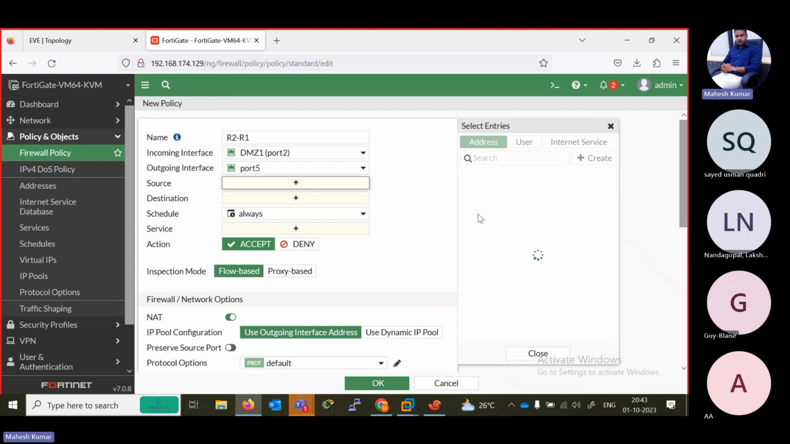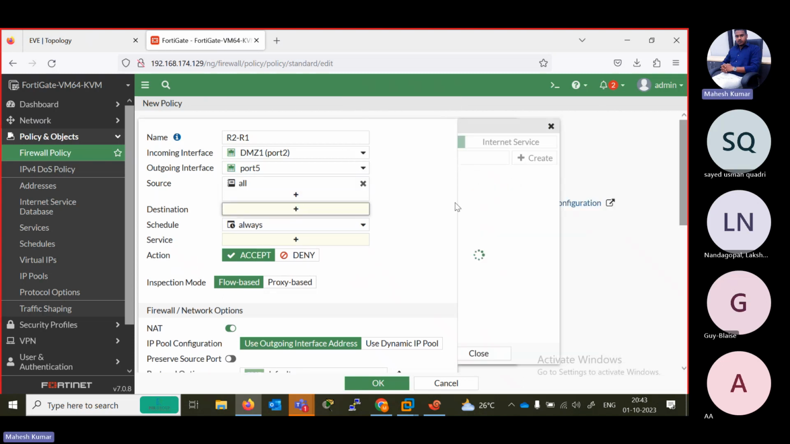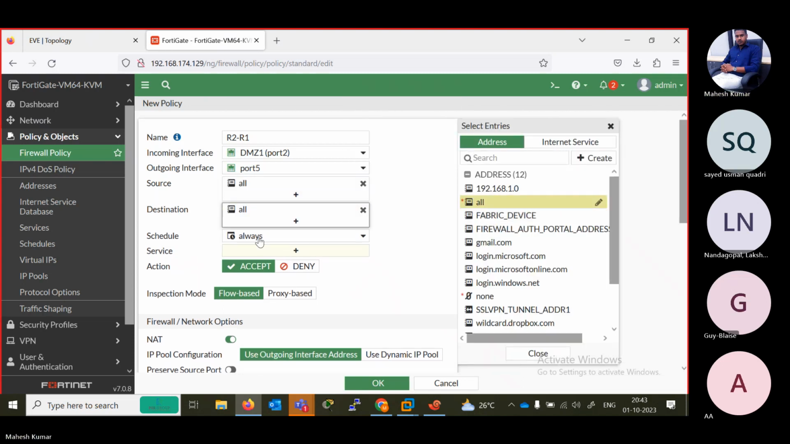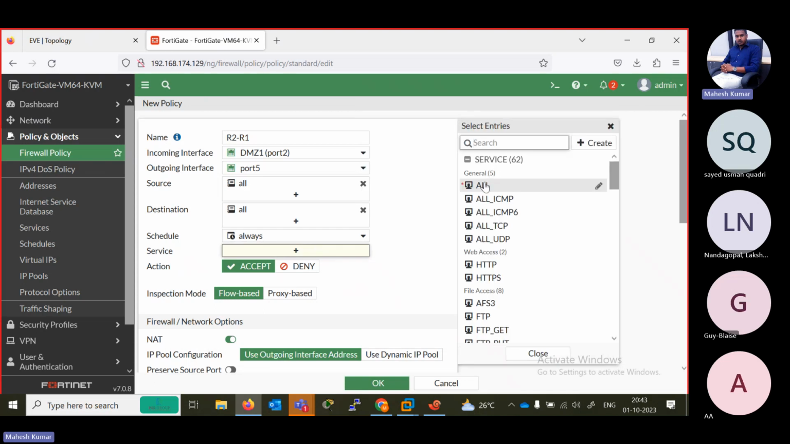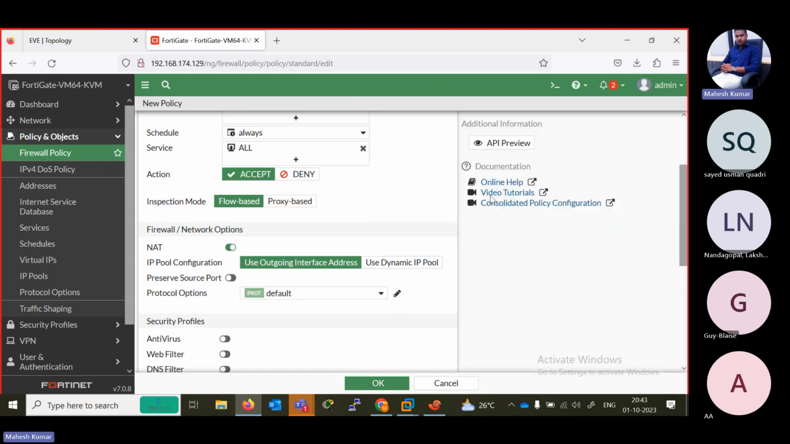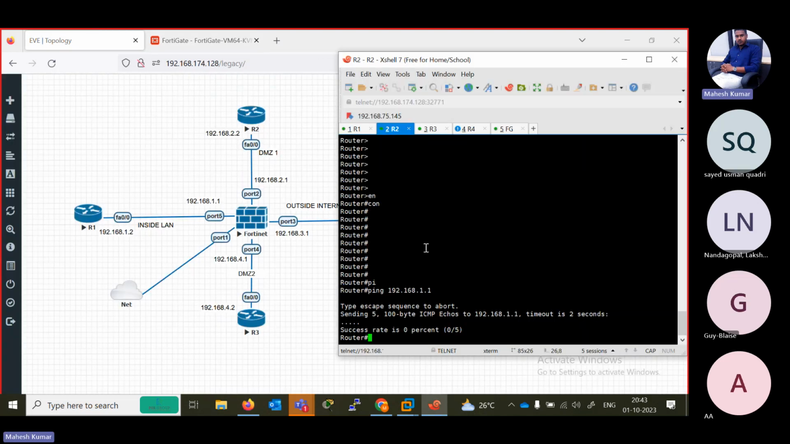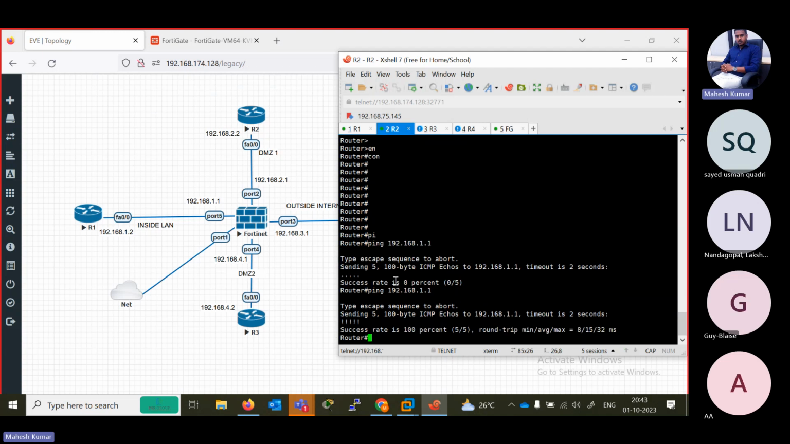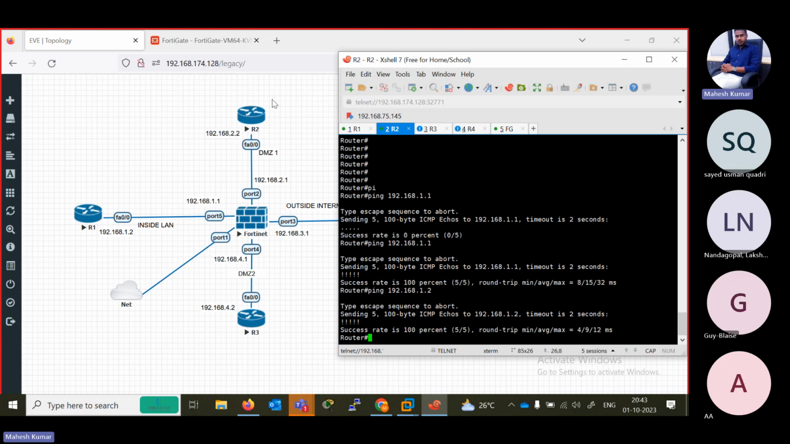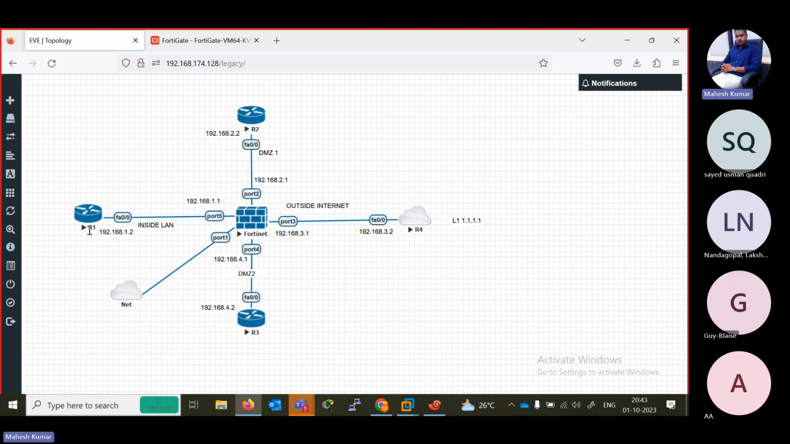Okay. Source will be all, destination will be all, schedule is always, services all. Action is accept, flow based, and okay. Policy is created. Now check. Now R2 can reach R1.1 as well. R2 can reach 1.2 as well. Okay. But R2 and R1 can reach each other, but still R2 cannot reach R3 or